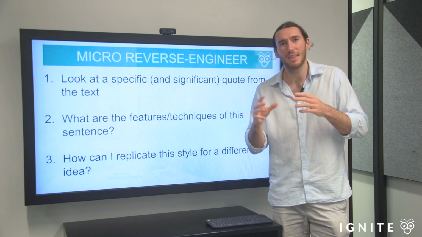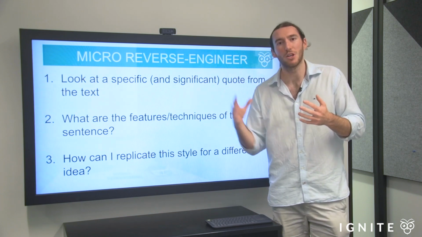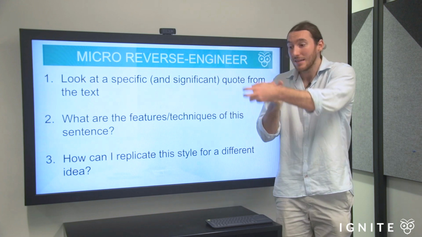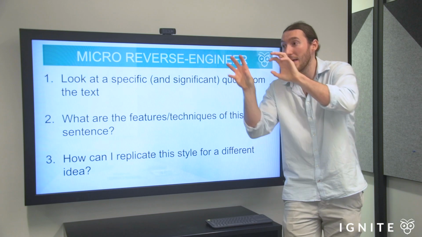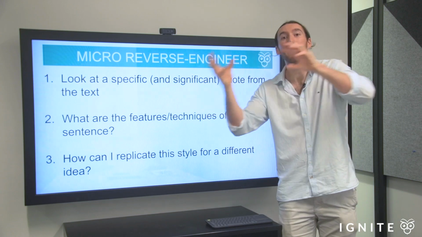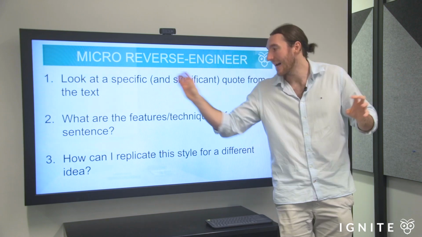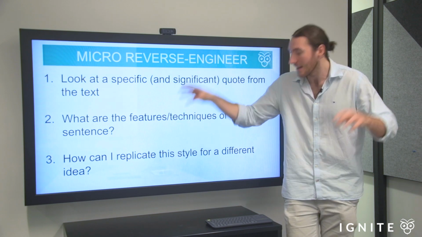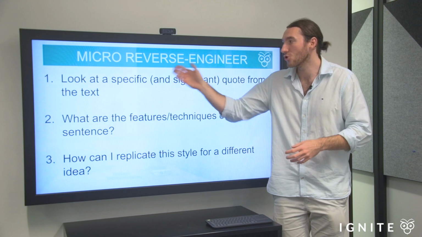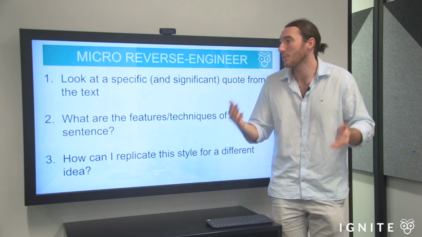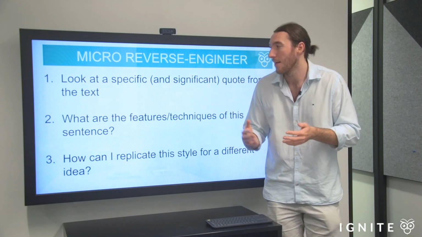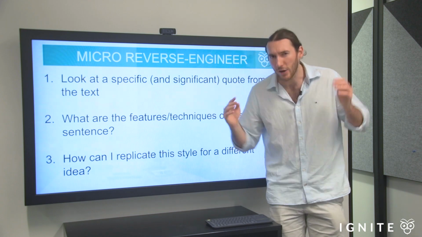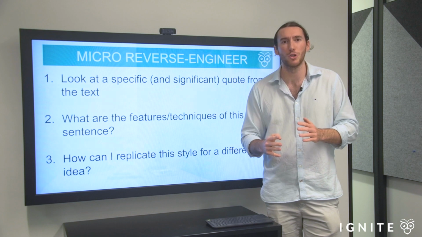See how they've achieved that beautiful and eloquent writing that you so often see in these reputable texts, and see if you can deconstruct that sentence and then change certain things about it and make it your own for your own idea. And that's the process of adapting the features of these sentences into your own writing. This is trying to make you a better writer by looking and reverse engineering the exact process that great writers have adopted. Okay guys, I hope that helps you think about this module.